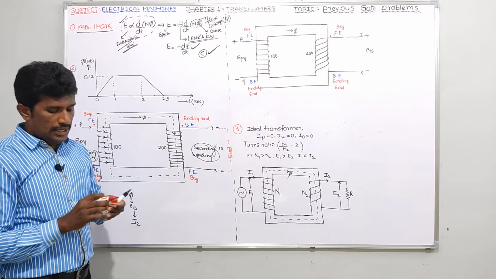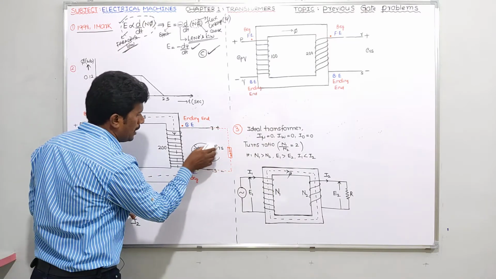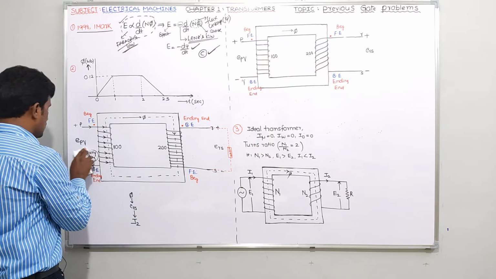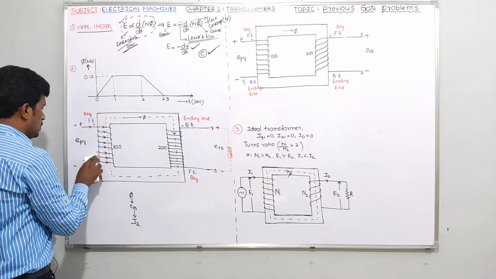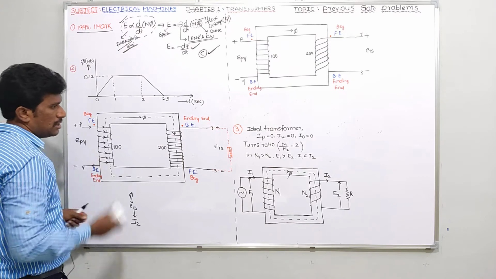I think I need some space. That's why I am going to erase this secondary winding. We conclude that it is the secondary winding only, there is no need to show it once again. So let me remove that. You just take it as a secondary winding, because we need some space there. That's why I'm erasing all those things.